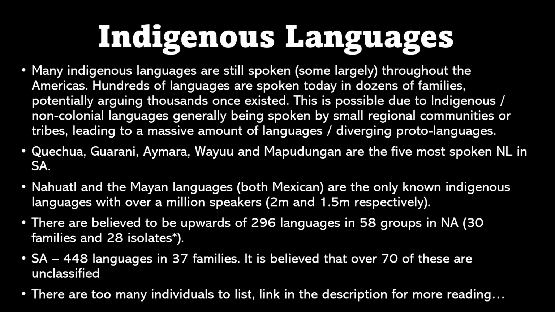So the reason that thousands of languages can exist in a space where now only a handful are spoken, like officially, is because Indigenous languages or non-colonial languages are generally spoken by small regional communities. It just seems to be the case, looking at different native groups across the world, rather than big empires all speaking the same language. Obviously big is relative, but generally it's smaller groups or tribes, depending on what the native group in question identifies themselves as. So there can be anywhere from maybe 50 speakers, really tiny, to thousands, but that's not that much in the grand scheme of things when you consider English has over 1 billion speakers.